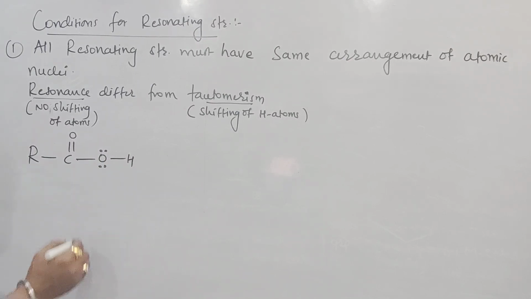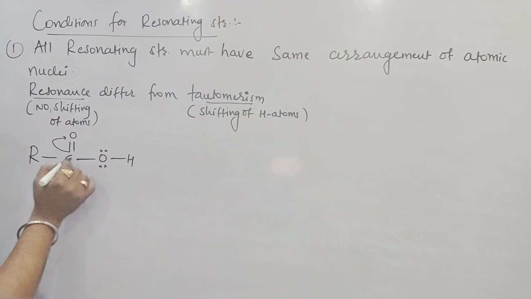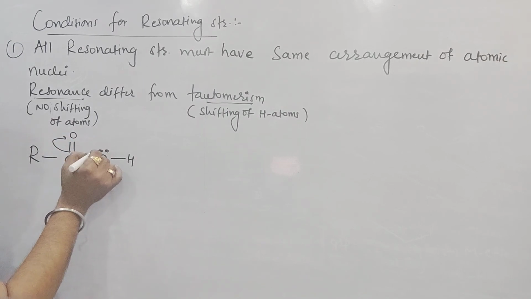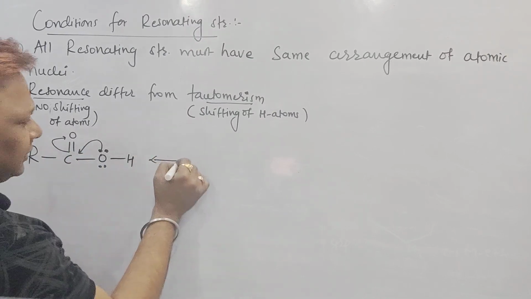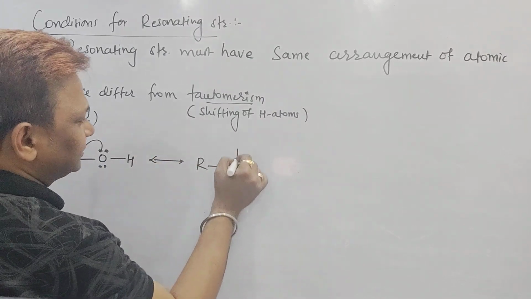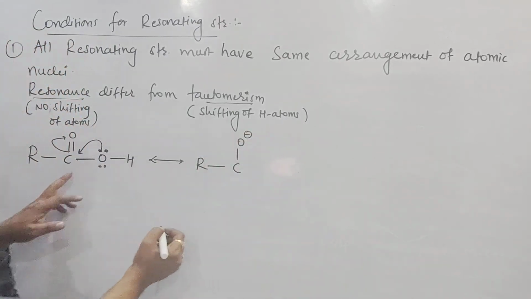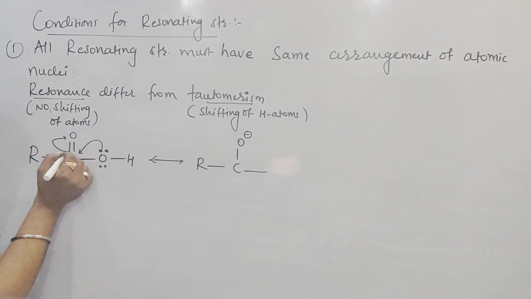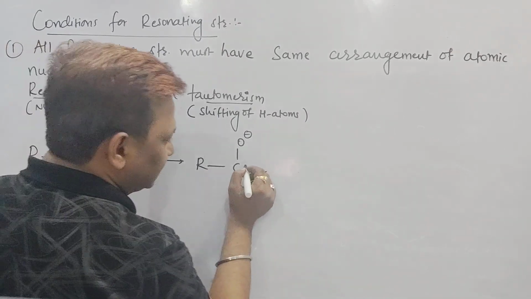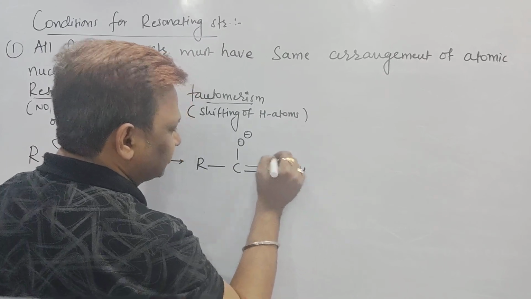I want to draw the resonance structure of it. This pi bond shifted to O, it will get positive charge. So among these two, one of the oxygens gives electron back to the carbon, and I will draw the resonating structures of it. R, C. Here the double bond becomes a single bond, O will get negative charge. Here already one bond is there. Oxygen is making a bond with the carbon because carbon is getting positive charge. Yes sir. And here one lone pair, positive charge.